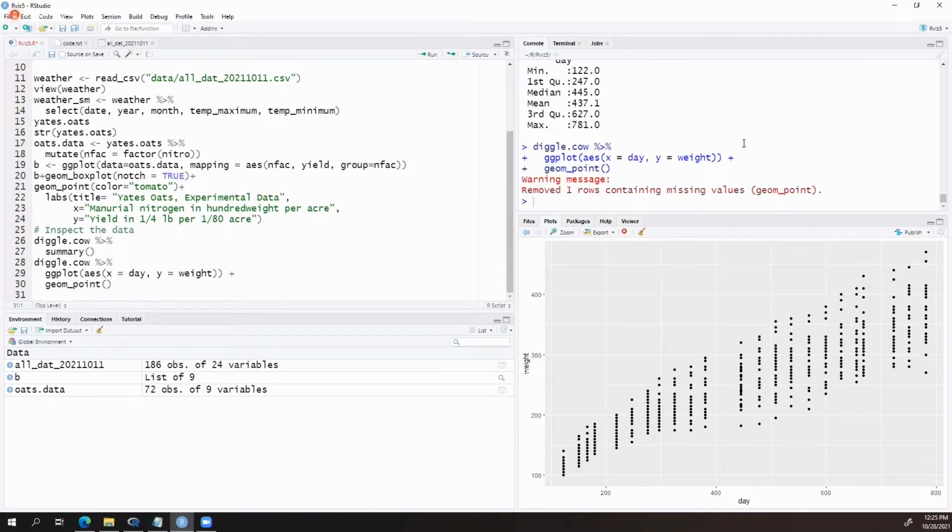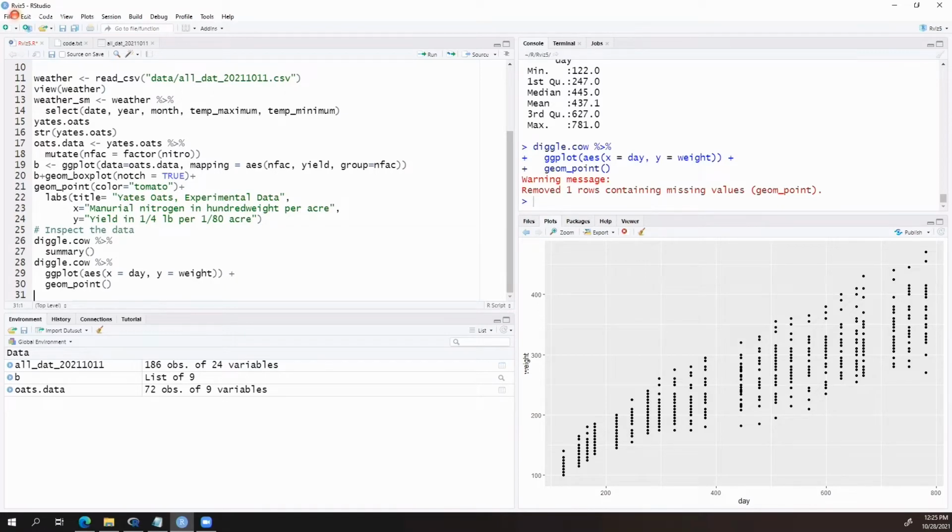And it removed one missing value for us. And you see what we get in the plot window is our data shown by day. It does give some information about the distribution over time, but we can do better than that.